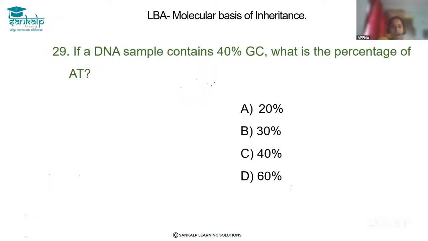Let's solve question 29. If a DNA sample contains 40% of GC, what is the percentage of AT? So dear student, it involves a very small calculation. They have given GC percentage is 40%. So according to Chargaff's rule,